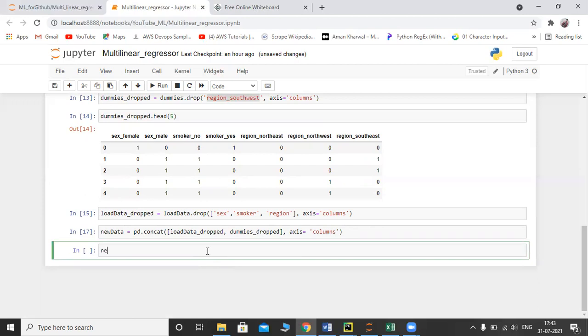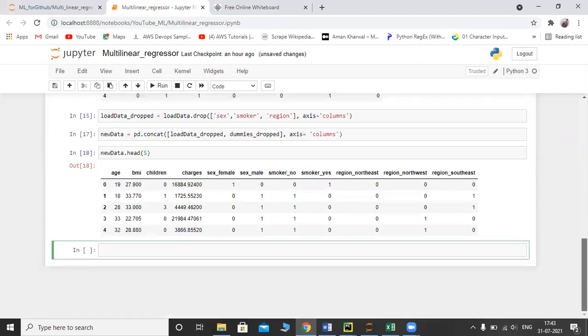Let us print our new data now. new_data.head. Let us print at least the first 5 rows of my new data. So this is our actual data now. On this new data, we are going to apply our multilinear regression model. How many independent variables are there?